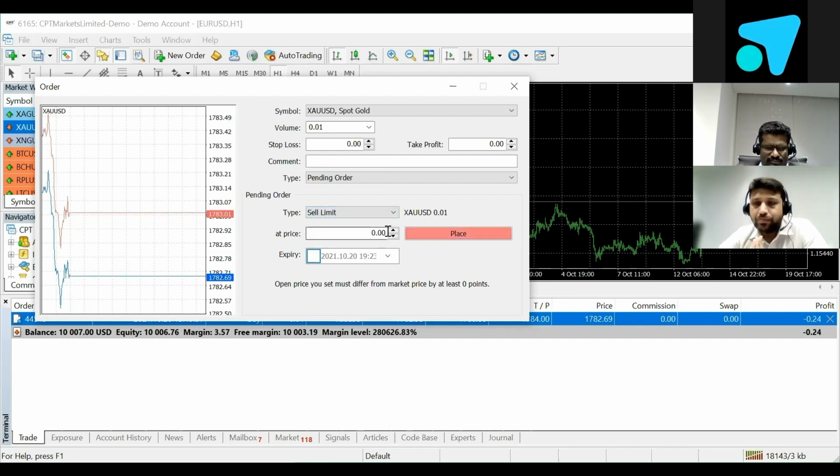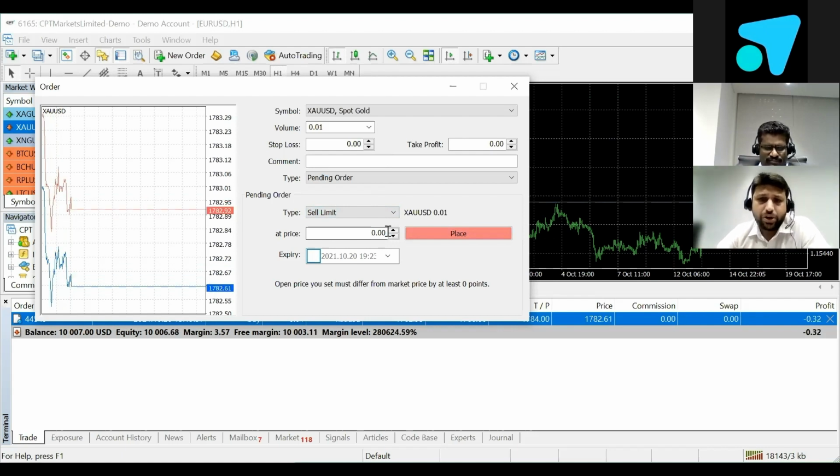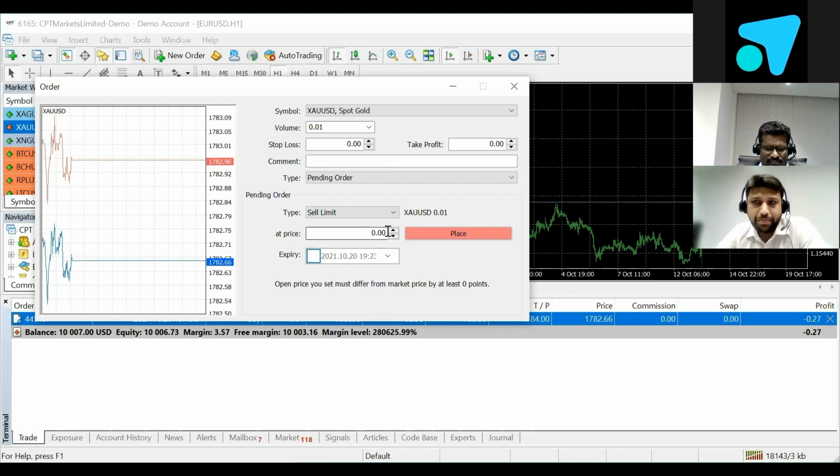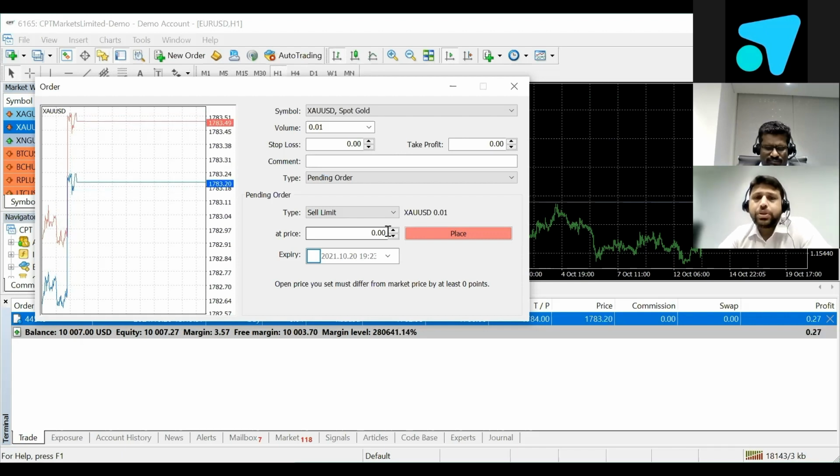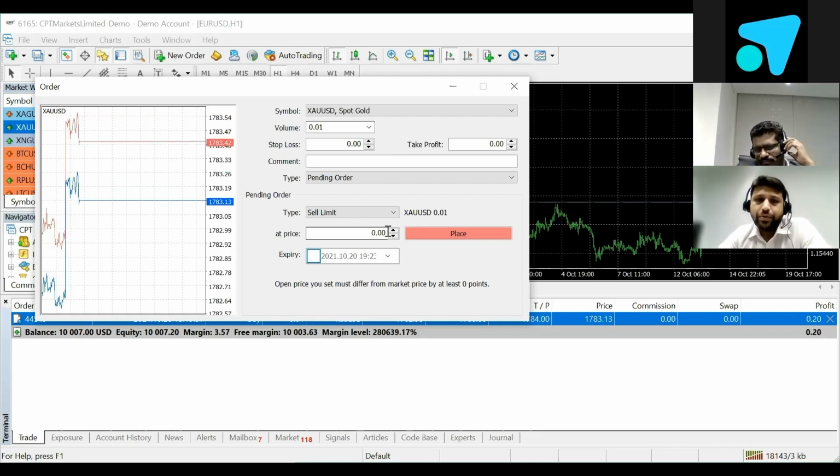The next is sell limit. Sell limit means, suppose you have sold or you want to sell something at a future price, but you don't want to sell at the current price. You want to sell at a still higher price. For example, right now the price is 1782. You think that gold will go to 1788, and if it is not crossing 1788, which is a main pivot level, it will drop back for sure. You want to take that profit. So what you will do is put an advance order on sell limit at 1788.